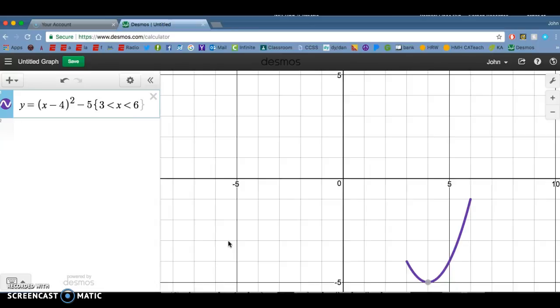Okay, so your domain restriction changes as you move your parabolas from left to right. So be very, very careful about that. Okay, so if we want from here to here, we look at from x equals 3 to x equals 6